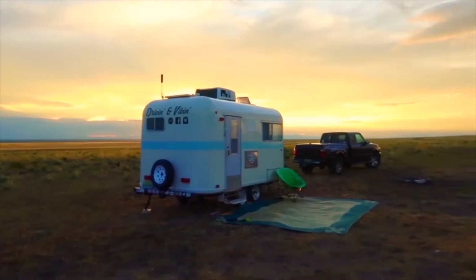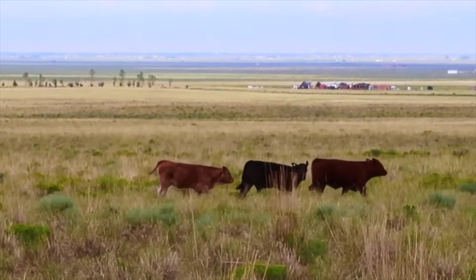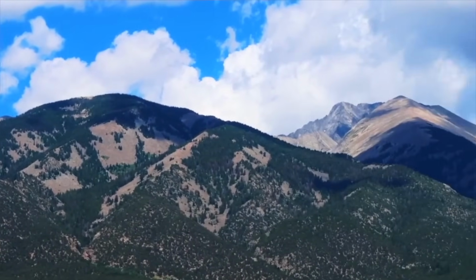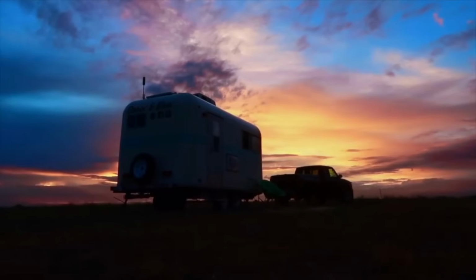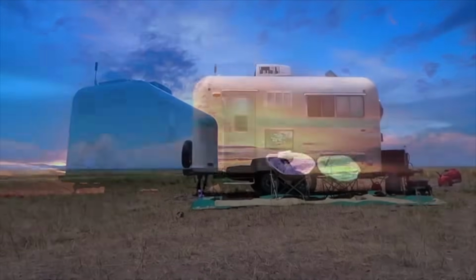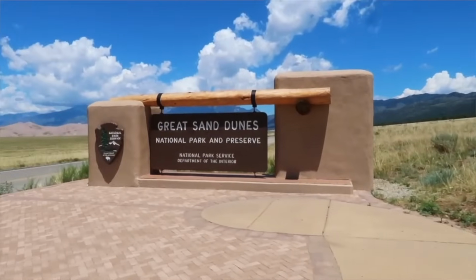It's not very heavily trafficked out there. It's down a long dirt road that any size rig can access. And it puts you at the foot of a beautiful mountain, so the scenery is awesome too. I would scout it out in advance if you're in a bigger rig, because you never know if the spots are going to be open for big rigs. But if you're in a smaller rig, even a Class C, you should be able to find a spot pretty